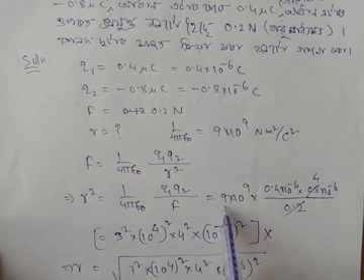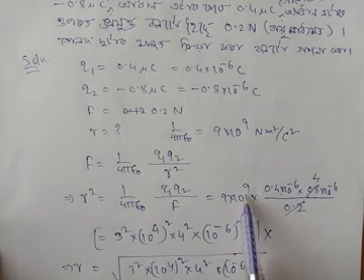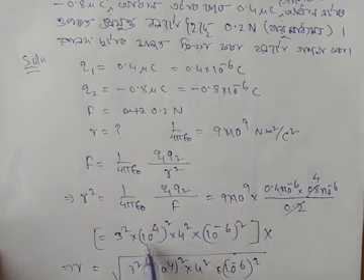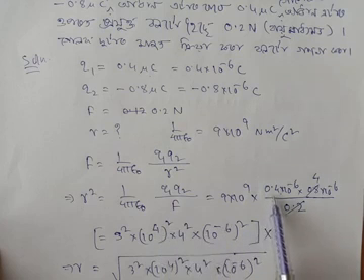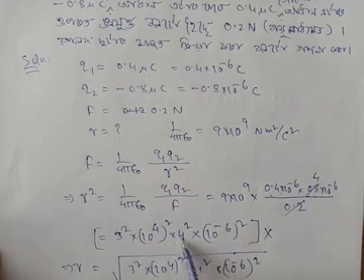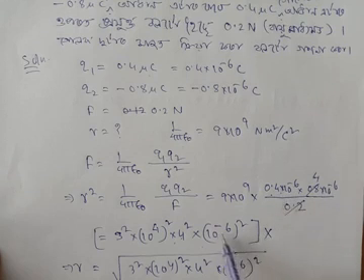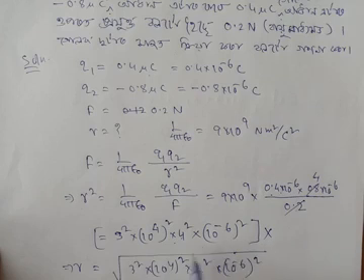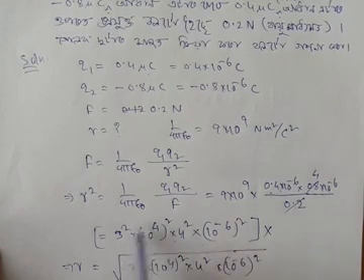So 9, what is 9? 3 square. Now this 10 to the power 9, you make it 10 to the power 8. 10 to the power 8 is equal to 10 to the power 4 square. One 10 is there, so bring the 10 here, multiply 0.4 by 10, that is 4. One 4 is here, another 4 is here, that means 4 square. And 10 to the minus 6, there are two 10 to the minus 6, so 10 to the minus 6 whole square. So this is our rough calculation. You do it in your side calculation, you need not write it here.